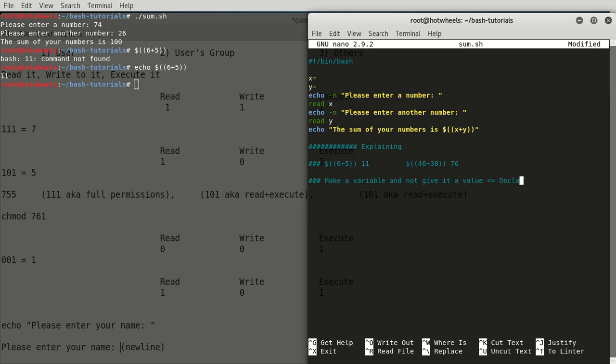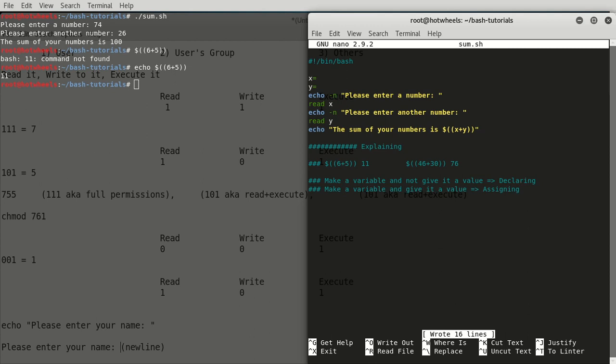This means declaring a variable. So when we made the variables x and y, they had nothing; we gave them the value of nothing, so we are declaring x and y. But if we make a variable and give it a value, well, I missed an A here, then this is called assigning. Did I write that right? Well, assigning